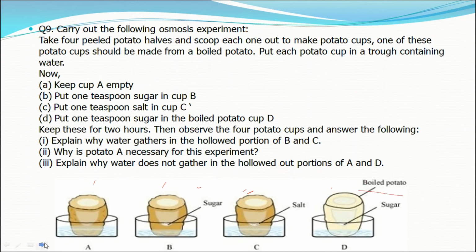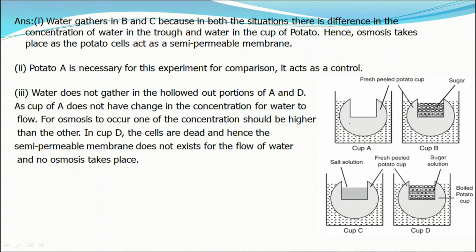So let's discuss the answer of these experiments. If you observe this picture, you will see water does not gather in the hollowed out portion of cup A. Why? Because to perform osmosis, we need two different concentration solutions. But here the concentration of water molecules in both the systems